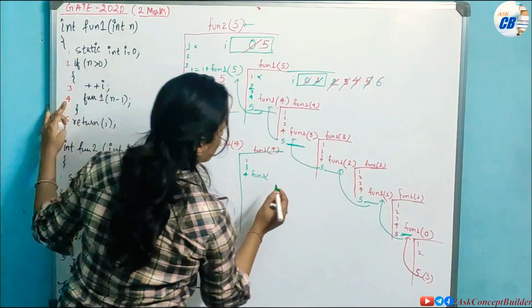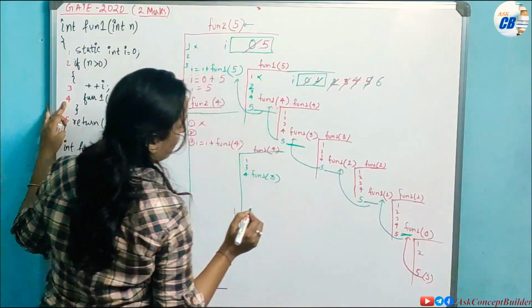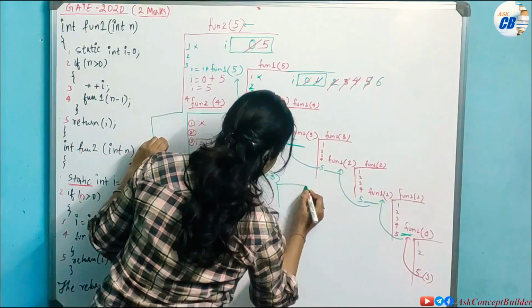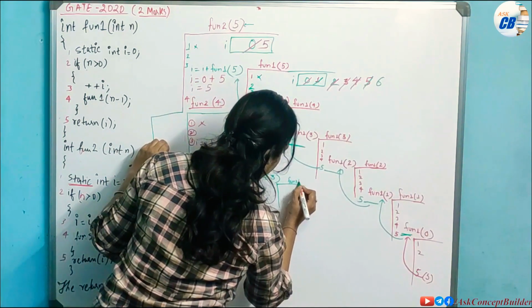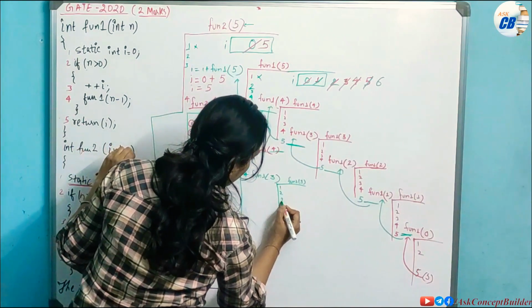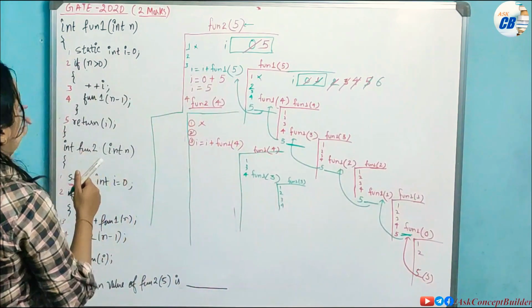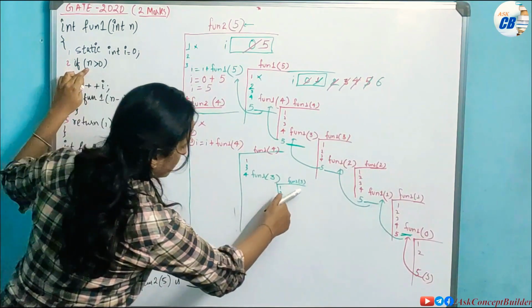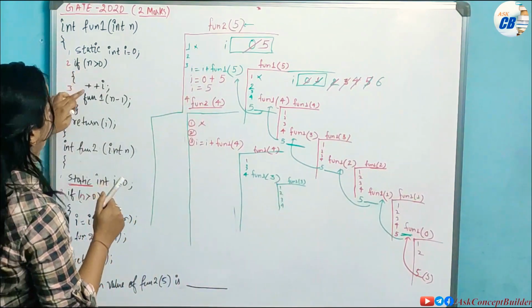So 4 minus 1 is 3. Fun1 3 you have called. Fine. Now again you will call this fun1 3, because of this fourth statement. Now again for this, the fourth statement will be there. So for fun1 3, this statement will be skipped. Now n is 3, so 3 is greater than 0. Yes, now plus plus I.